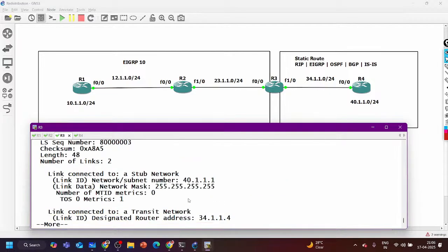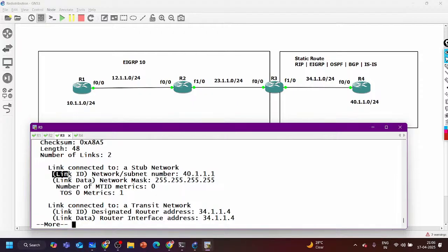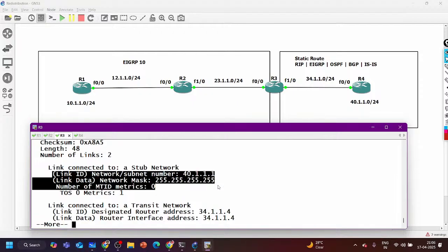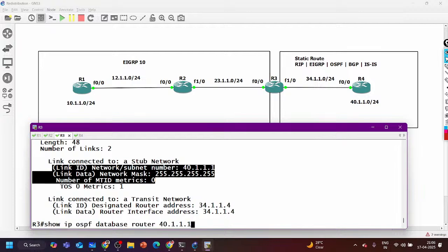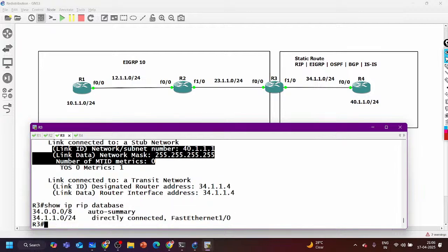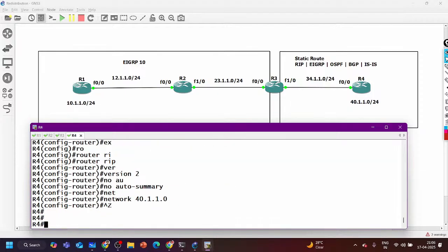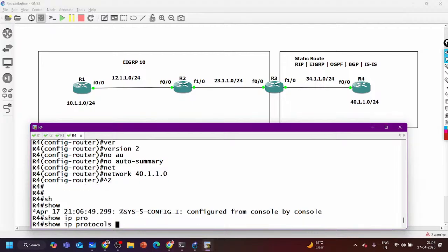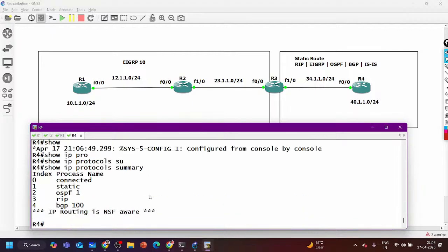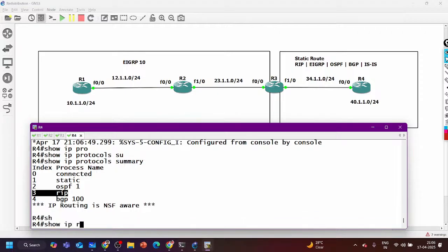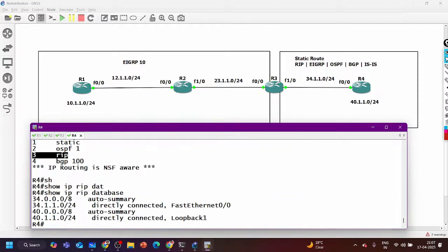So you can see this subnet is coming here in OSPF, right? 40 through RIP also, the 40 subnet. Why is it not coming through RIP? The 34 subnet is here. So show ip protocol summary, is RIP running? Yes, RIP is running. So show ip rip database, the 40 subnet is there, no problem at all.